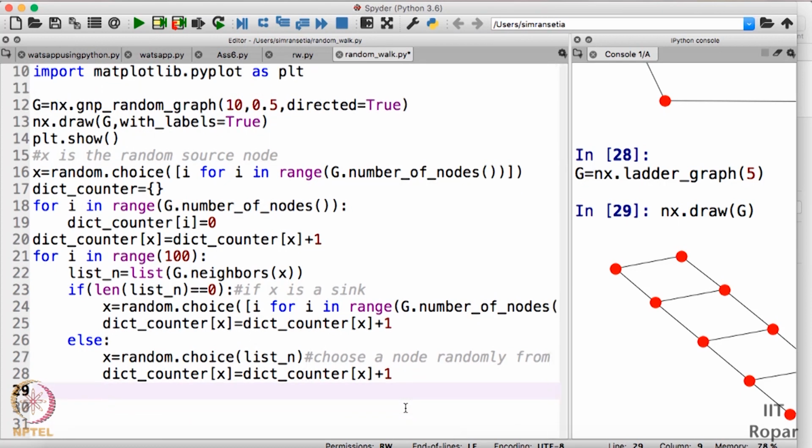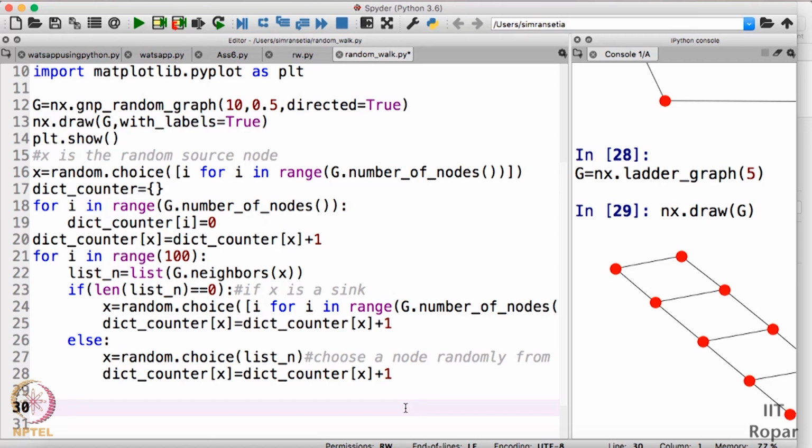Okay, so we have handled the cases here, and we have also incremented the counter of a particular node if that particular node is traversed in the random walk method. So now we are done with it. So you must be thinking, how can you verify that this particular random walk method reflects the exact PageRank values? Well, we have NetworkX to our rescue.